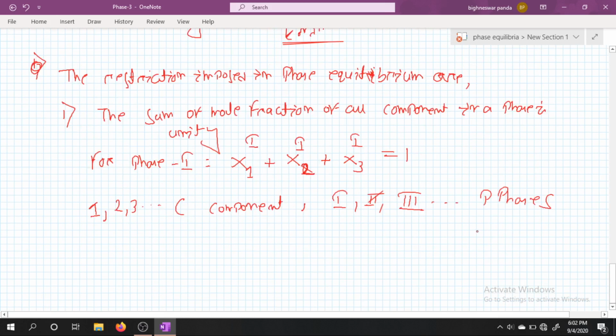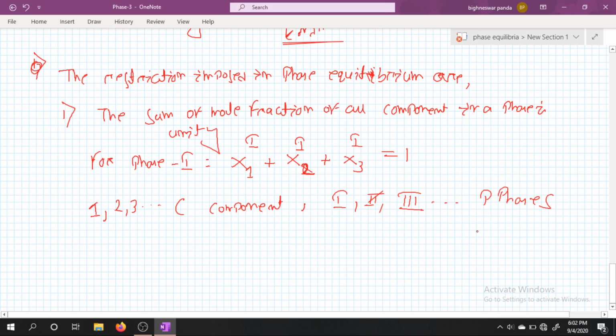This is mole fraction, this is component 1 and this is phase 1. So this is mole fraction of component 1 in phase 1 plus mole fraction of component 2 in phase 1, mole fraction of component 3 in phase 1 dot dot dot mole fraction of component C in phase 1